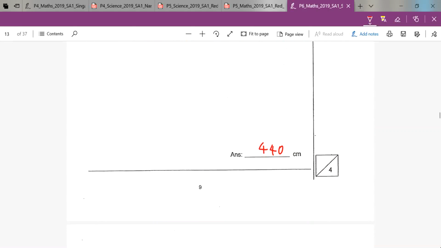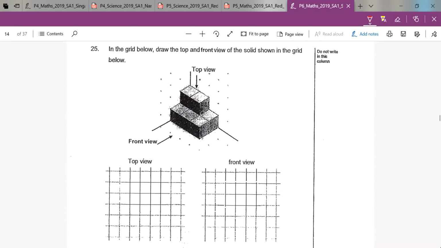Okay, next question, question 25. In the grid below, draw the top and front view of the solid as shown in the grid below. So top view is over here, right? You look down. When you look down from far away especially, you're only gonna be able to see 3 cubes by 2 cubes, lying down like that. So you're just gonna see 3 by 2 cubes,